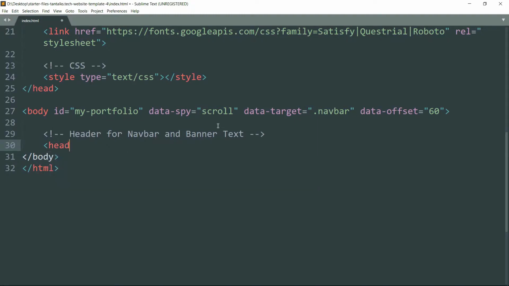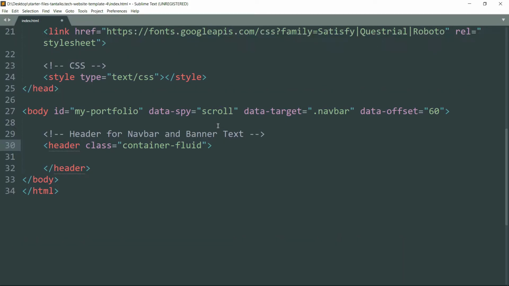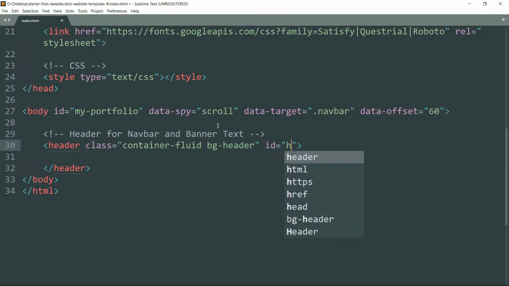Alright, create a header tag, write the class attribute as container-fluid. Container-fluid takes the width of the screen. It is a responsive class of Bootstrap. Space bg-header, and we are going to style this bg-header class later in the CSS. Then ID as home